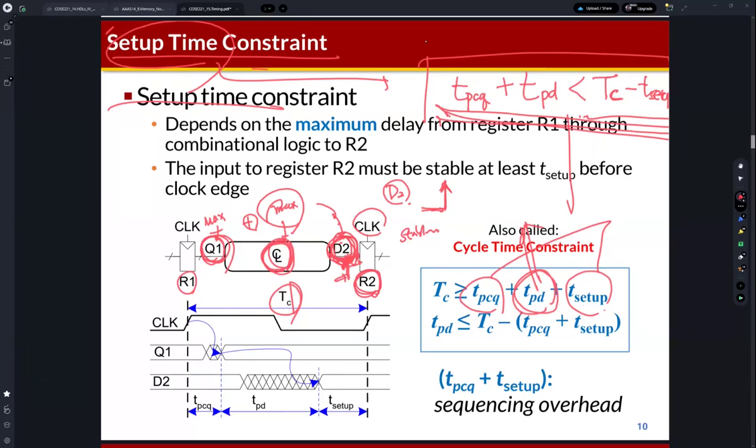Which means if we use a very complex combinational logic design, then TPD can be